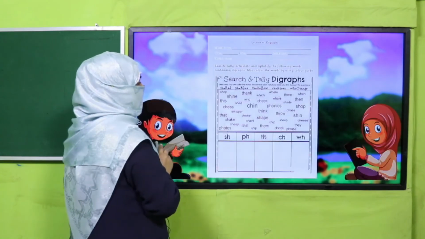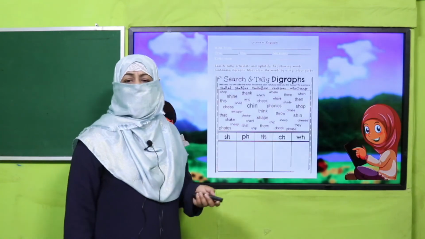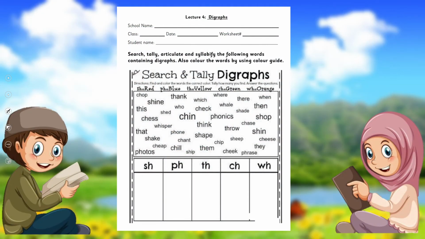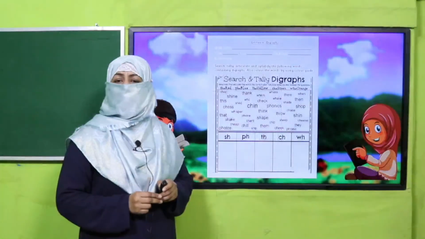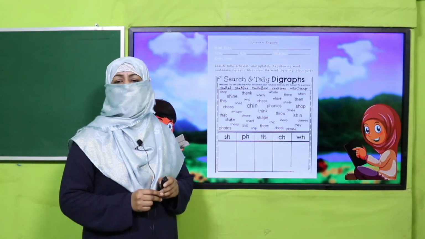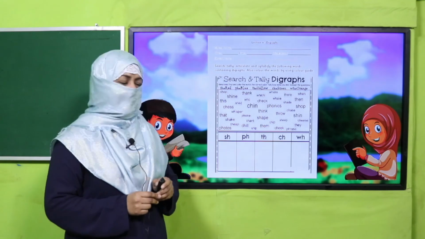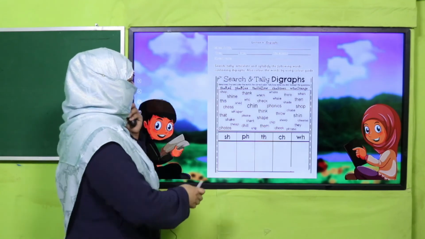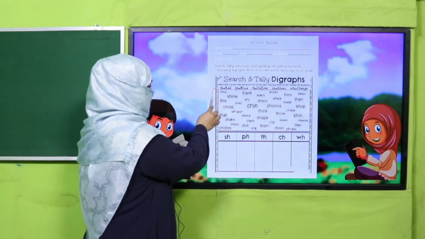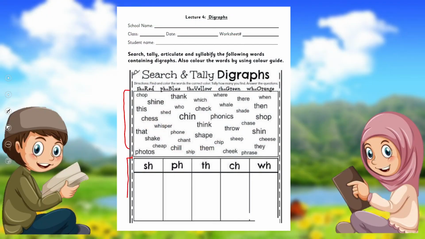And I'm giving you a worksheet, my dear fellow teachers. This worksheet, lesson plan, and PowerPoint presentation links are given. You may click, download, and kindly give the printed worksheet to students for practice. And my dear children, what you will do, first you will select the words from here and write in the correct digraphs. Also follow this color guide to color the words and you will make the syllables of these words